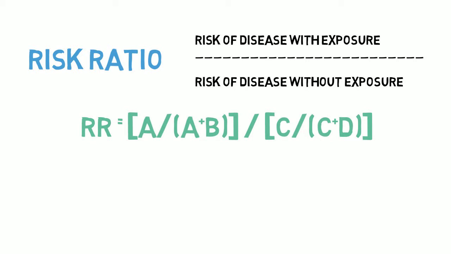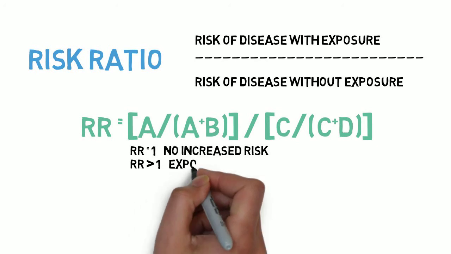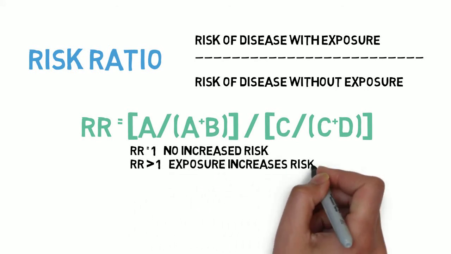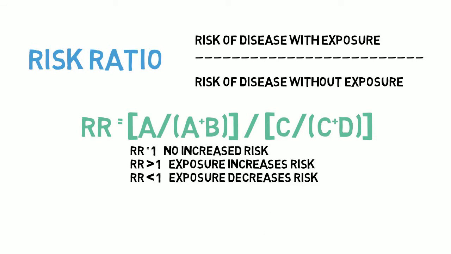Dividing these values will give you a result that will fall into one of 3 categories: equal to 1, greater than 1, or less than 1. If the risk ratio is equal to 1, then there is no increased risk of exposure for the disease given the risk factor. If the risk ratio is greater than 1, then exposure to the risk factor increases the risk for the disease. If the risk ratio is less than 1, then there is a decreased risk for the disease. We will show you some simple examples of each of these to better understand how to use the 2x2 table